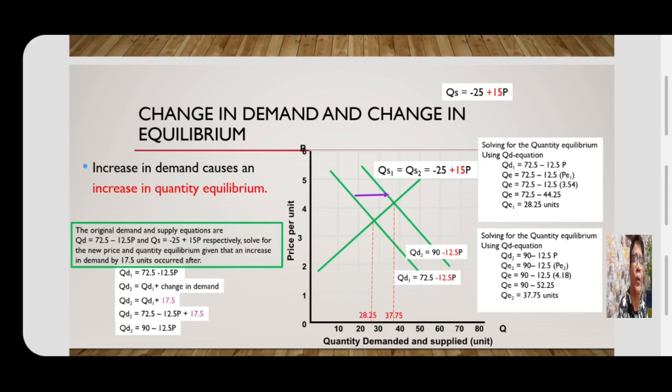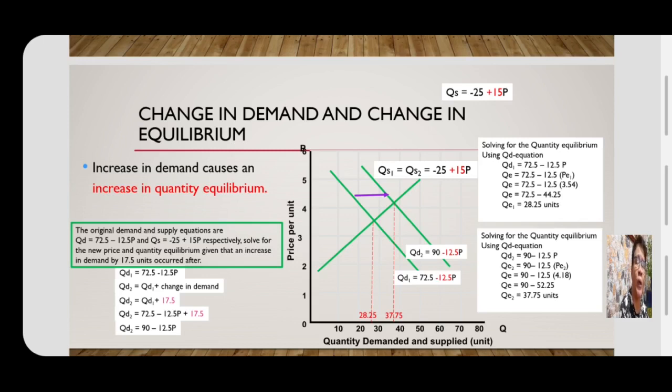So that QE now is equal to 72.5 minus 12.5 times 3.54. Simplifying, we can arrive at this value of 28.25 units. So what about the new equilibrium,